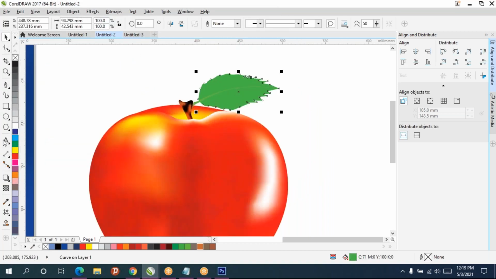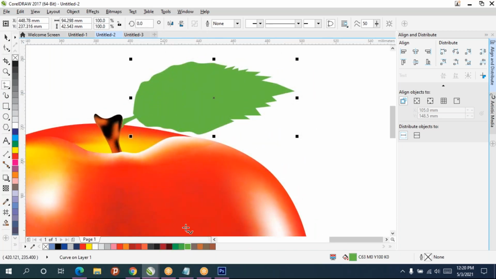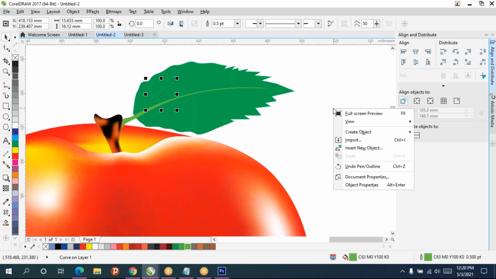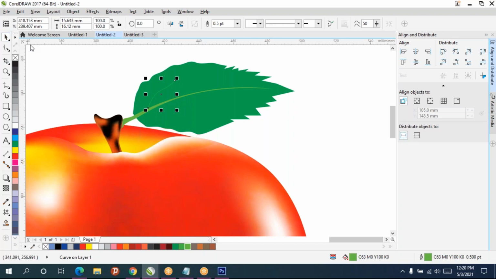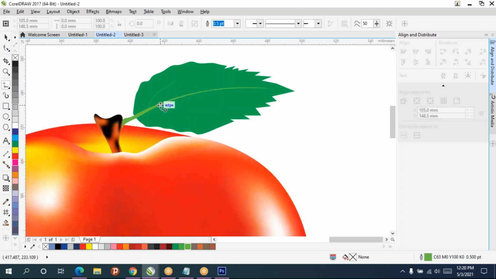If you want some details in this, take the freehand tool, select the color which you want, then you can draw like this. By default that color will be chosen. So like this you can draw.